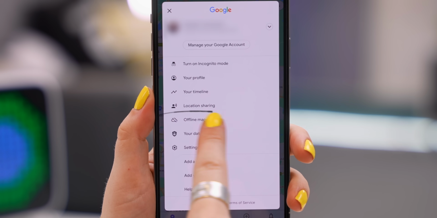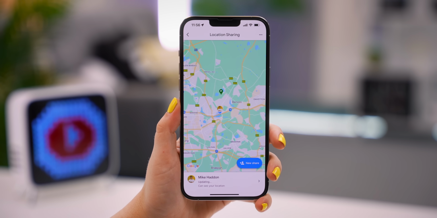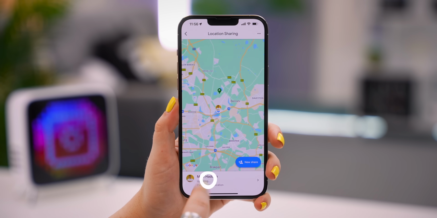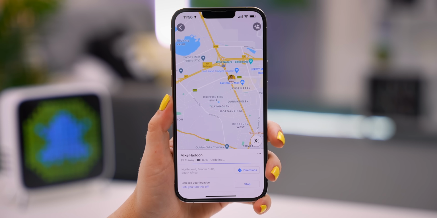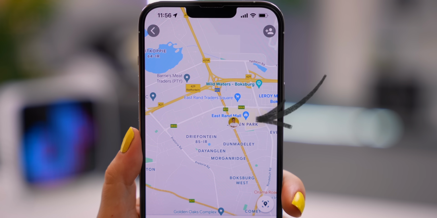You just click on your profile picture within Google Maps, then select location sharing, and here's where you can see all the people you currently track, where they are and what they're up to. And you can pretty much track just about anyone so long as they have Google Maps and they need to